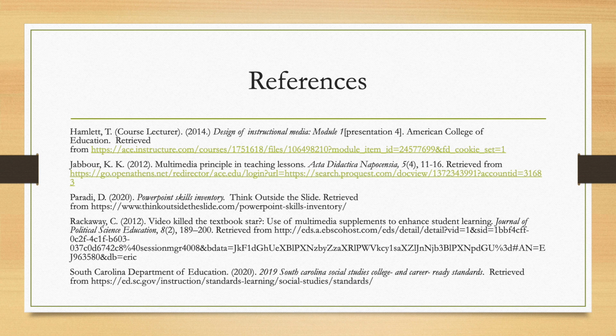References include Dr. Hamlet, a course lecturer for the American College of Education, Jabor, a multimedia principle in teaching lessons, and an article, a journal. Also a PowerPoint skills inventory, another article by Rackaway, and then the South Carolina Department of Education was used